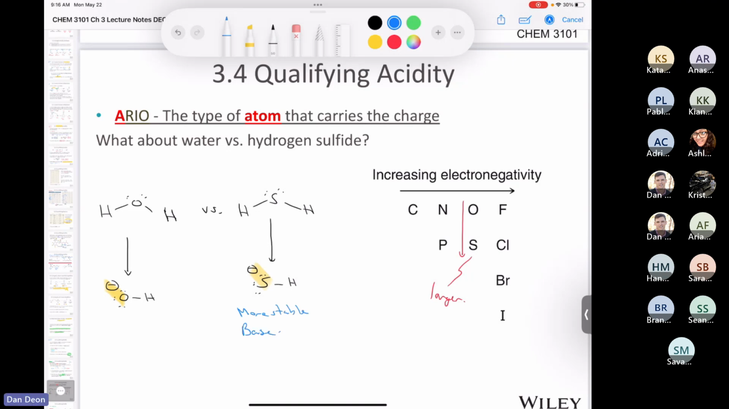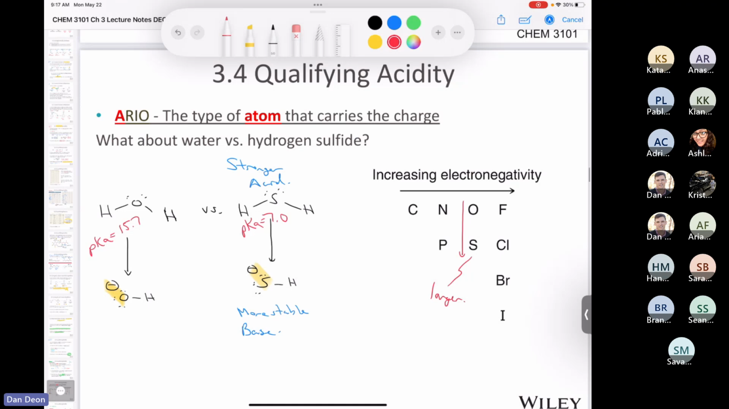And if this is the more stable of the two bases, that means the H2S is going to be the stronger acid. All right, so H2S is a stronger acid than H2O, and you can actually see that when you look at their pKa's. If you remember, the pKa of water was 15.7. It turns out that the pKa of H2S is 7.0, so it's significantly